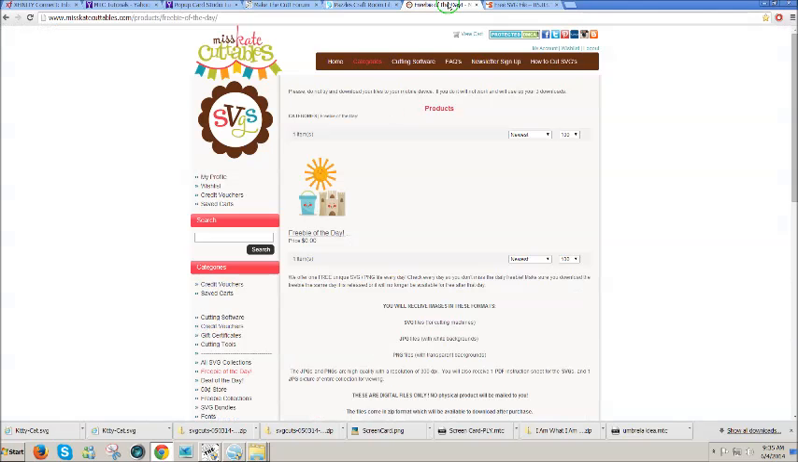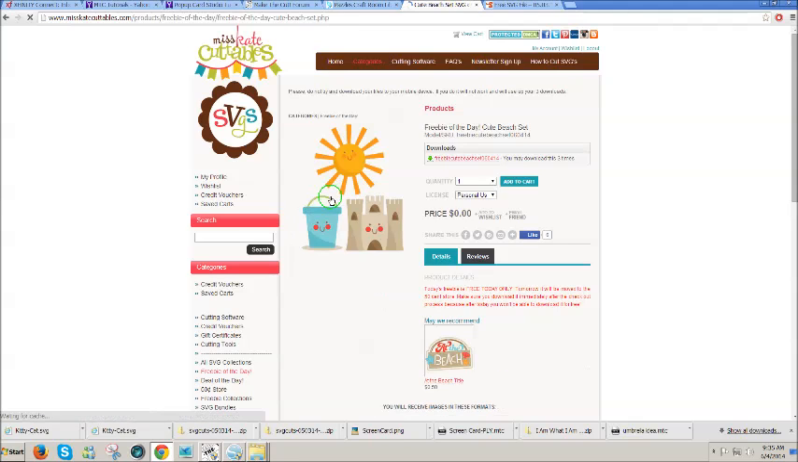Another place I like to get free files is Miss Kate's Cuttables. She has a free file every day, which includes SVG files. And so to get that, you go to Miss Kate's Cuttables and you click on Freebie of the Day. Every day she has a new free file. Then you click on the image, add to your cart,